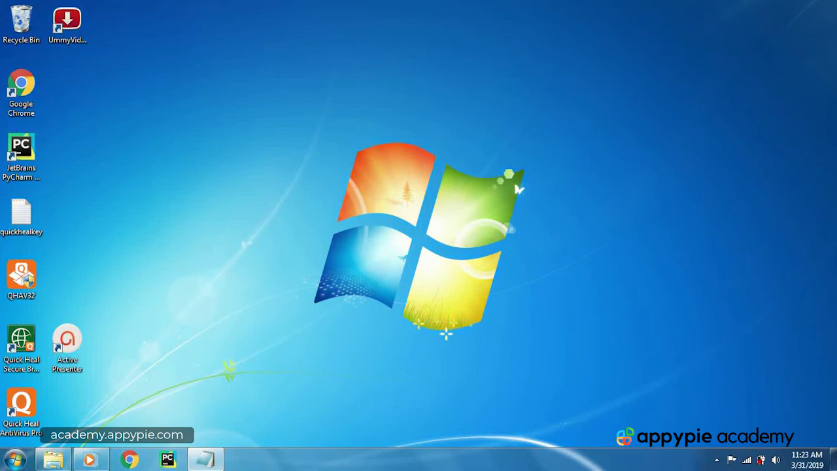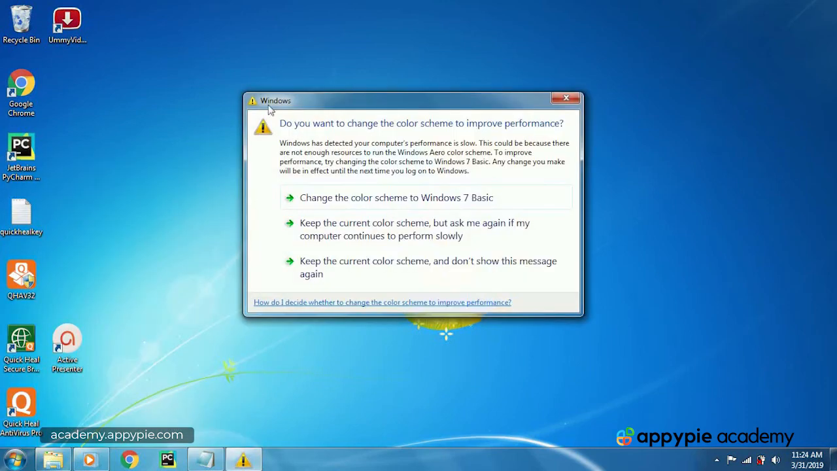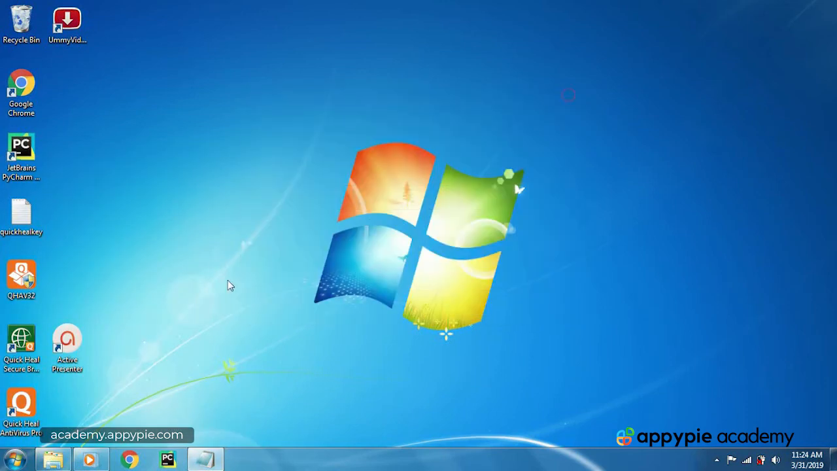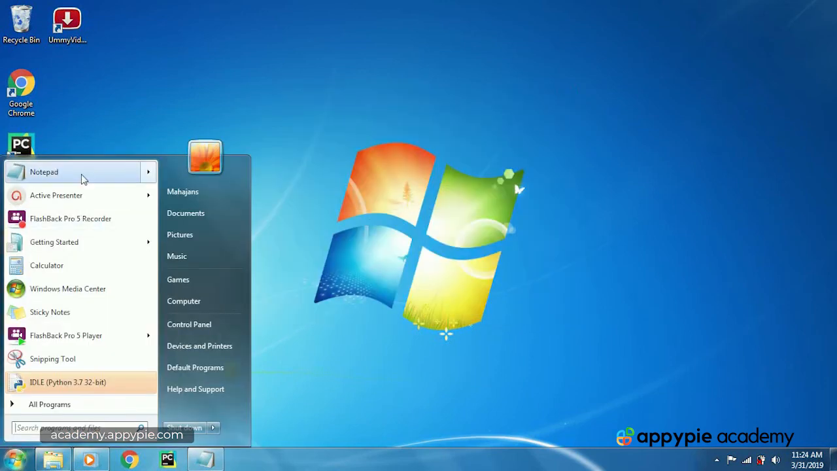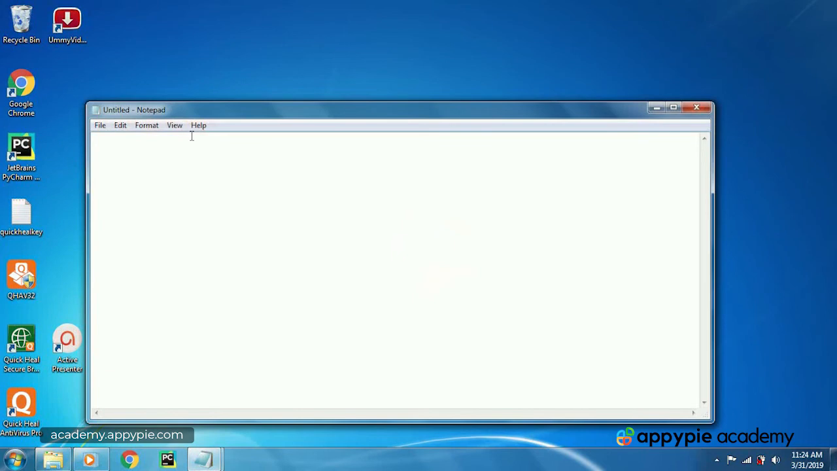Okay, let me show you with the help of an example. And one thing more, I am going to write the program in Notepad and I will be executing it on the terminal, on the console. So let's open Notepad. Okay, here I am going to write,